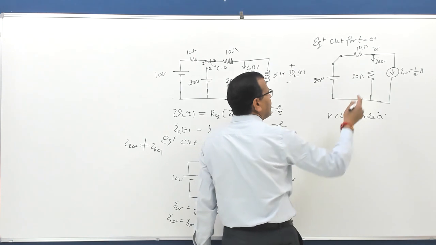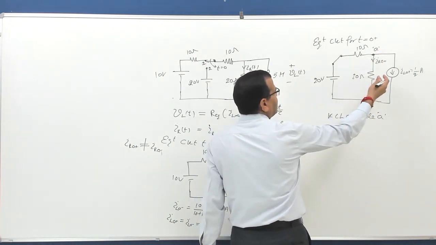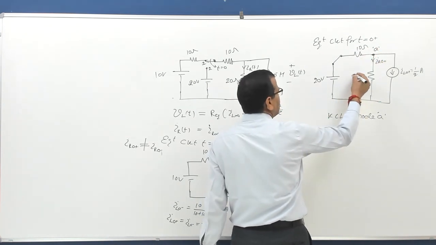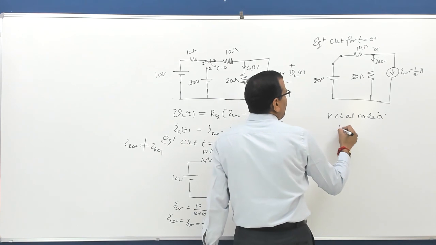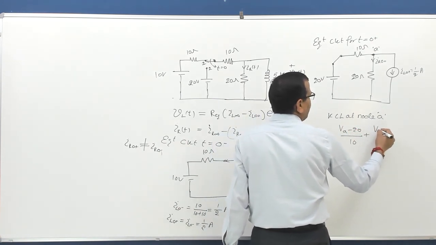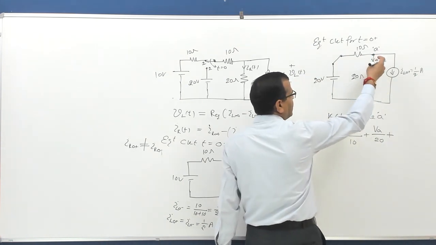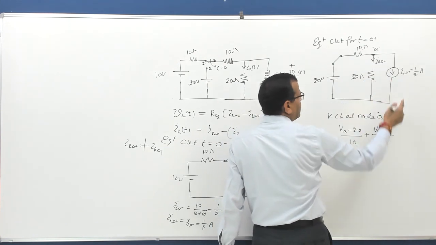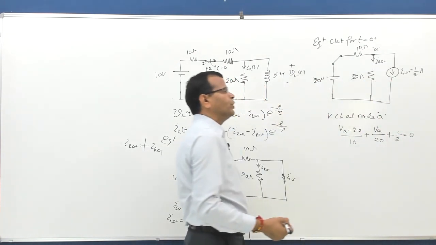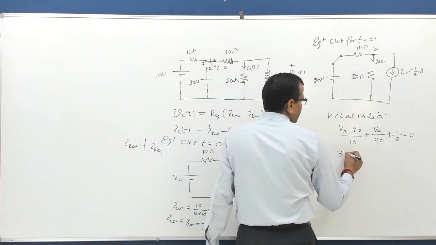When you apply KCL at node A, please understand, whenever there are 3 branches, it is better to apply KCL at the node to find the current through the resistance. So (VA minus 20) by 10 plus VA by 20 plus, and of course this is outgoing current, this is outgoing current, this is outgoing current, and that is half ampere, equal to 0. You just simplify this, you will have 3 VA